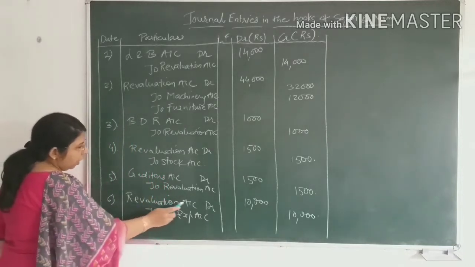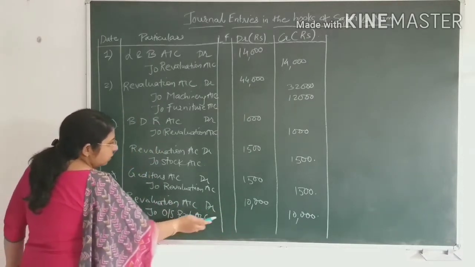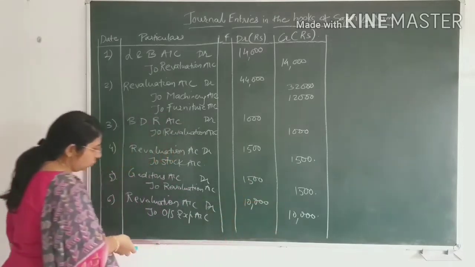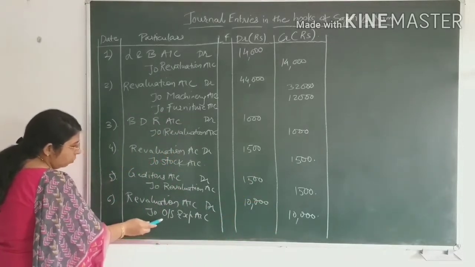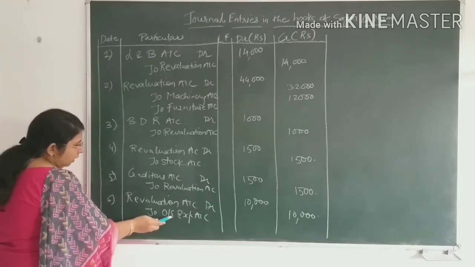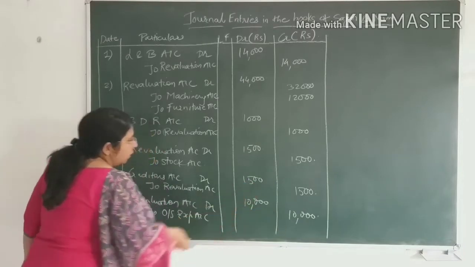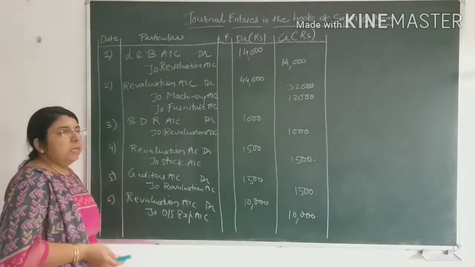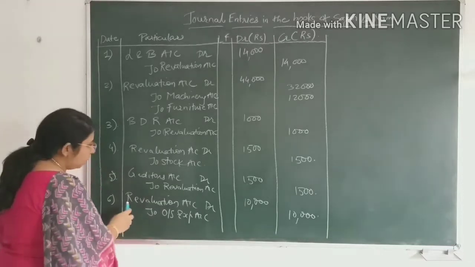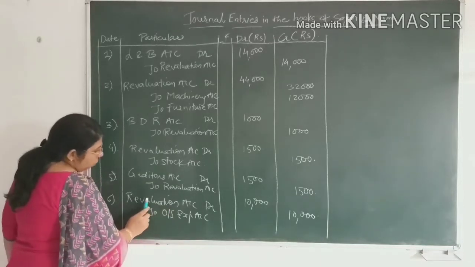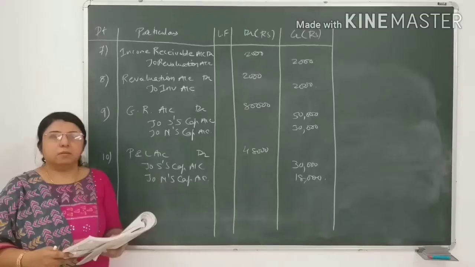So revaluation account debit by rupees 10,000 to outstanding expense account credit rupees 10,000. Students, you can see over here I am not writing the full form, that is outstanding. You know the short form of it, that is O/S. So it is called outstanding expense account credit rupees 10,000, as the liability is increased by rupees 10,000, due to which loss occurs to the firm. So revaluation account will be debited by rupees 10,000.